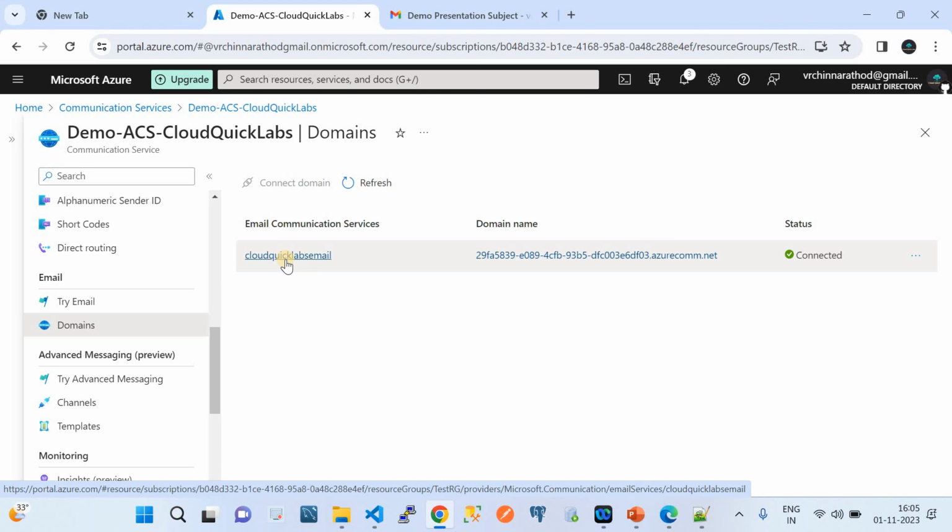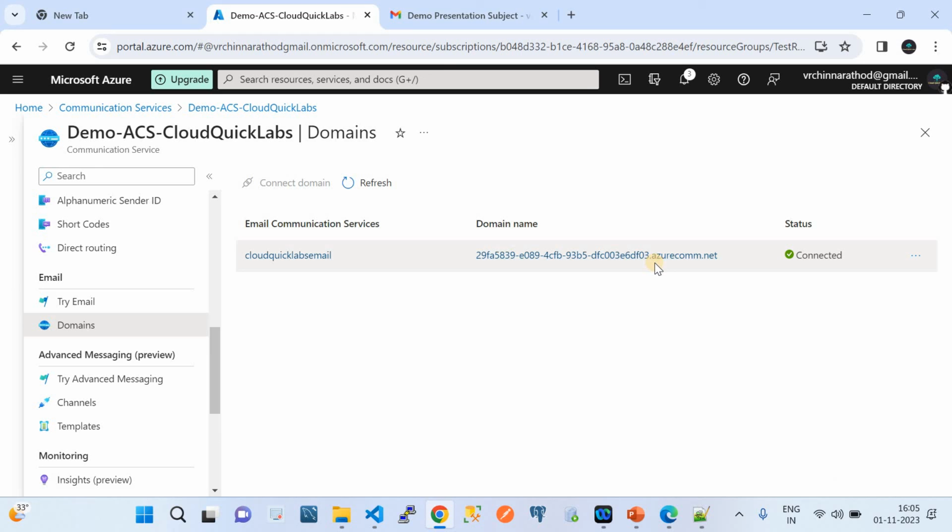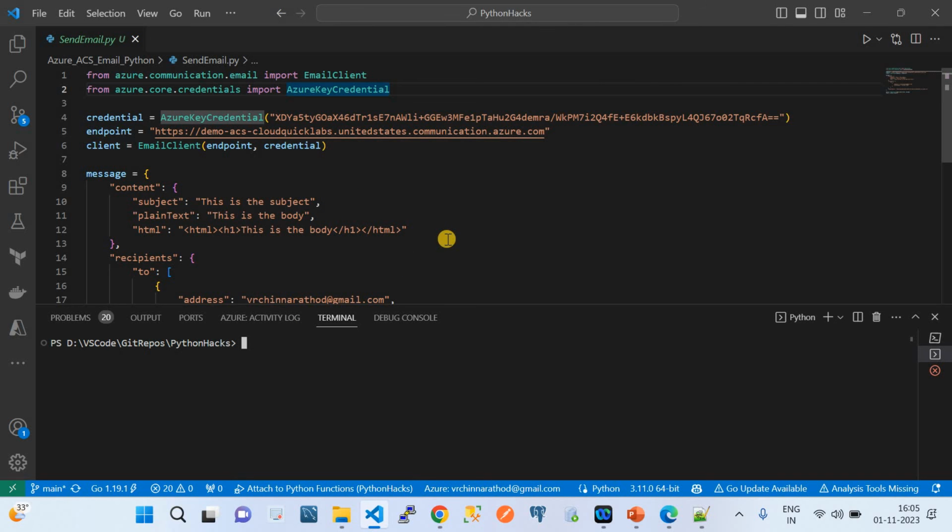And that email communication service needs to have a domain. So okay, this is the domain name which we created here. We're going to use this domain name in the code as well, remember that. All right. Okay, so now let me take you back to the major part of the demo, that is